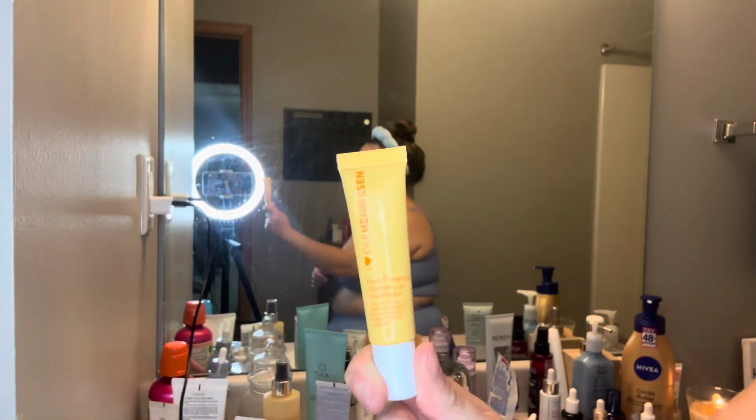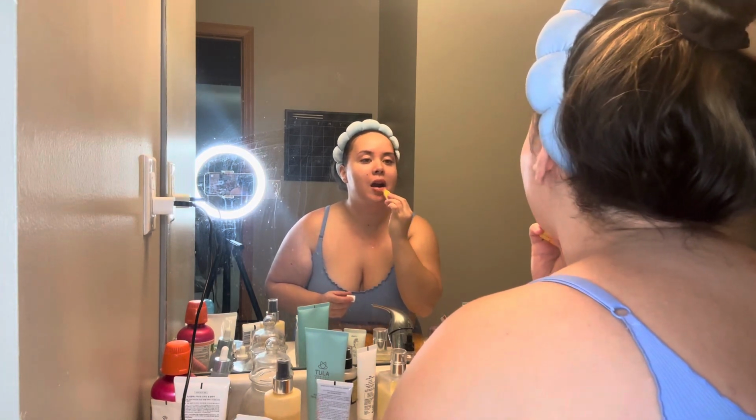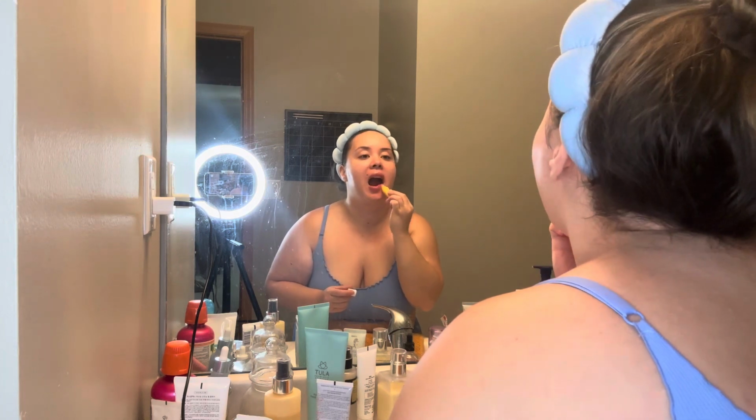And then I end my routine with my Ole Henriksen lip mask. I wear a lip mask every single night. Since I got lip filler, I don't really have issues with dry lips or cold sores, weirdly enough, but I love a good lip mask every night. Okay, that was it. That was my entire nighttime spa routine. My lips are my very last thing that I do. I wear a lip mask